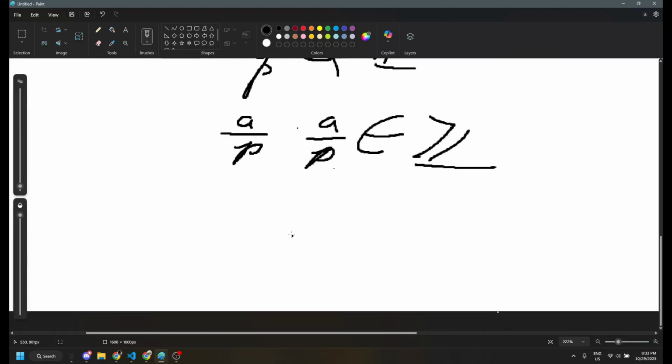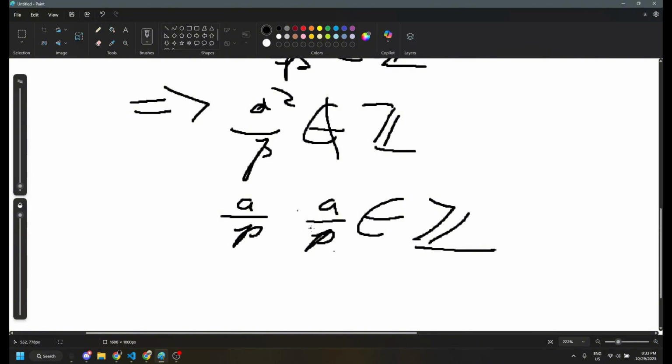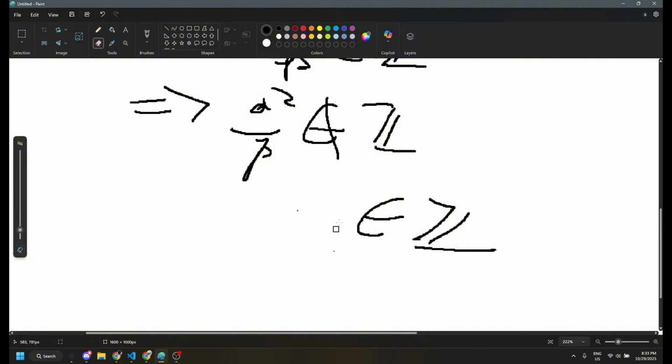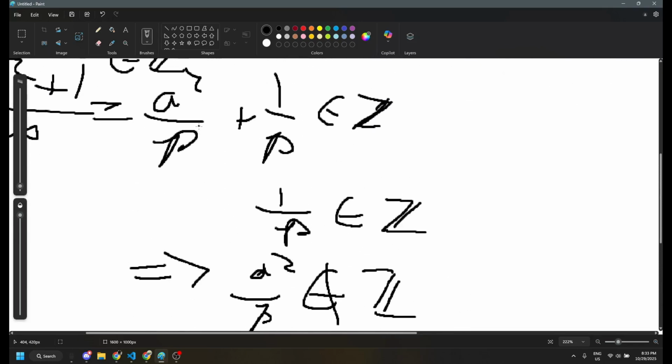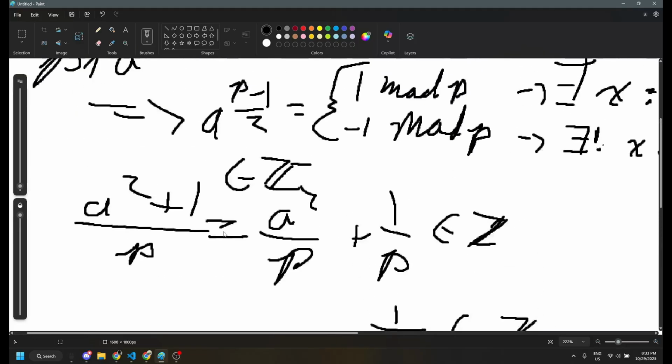Can both of these be integers? Let's think. That's not how it works. I did that wrong, because we'd end up with P squared in the denominator. So, if A squared over P is not an integer,